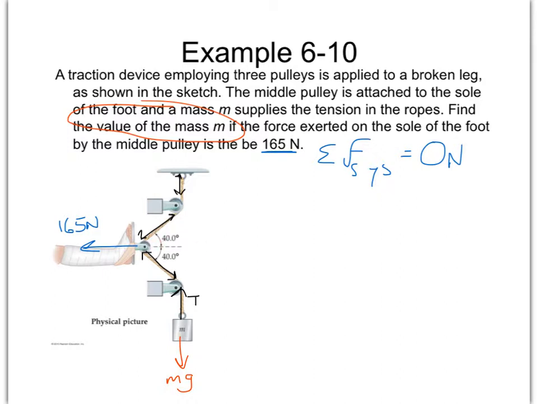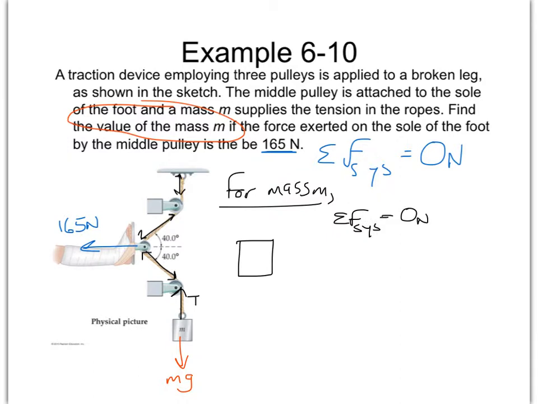All right, now let's take a look at just the mass for a second. All right, and then we'll go to the next page and deal with the foot. For the mass M, let's take a look at it and see what that tension force has to be in the string. Well, if the net force of the system on that mass is 0 newtons, that is, it's not accelerating at all,